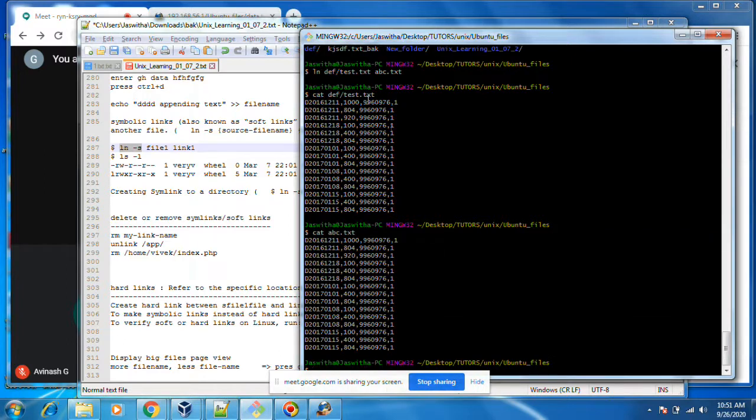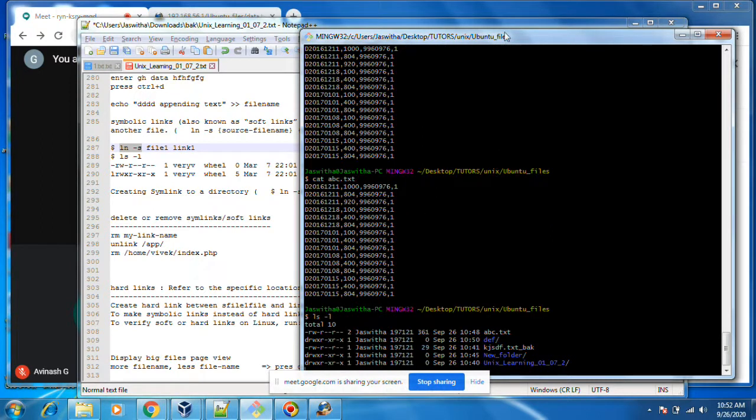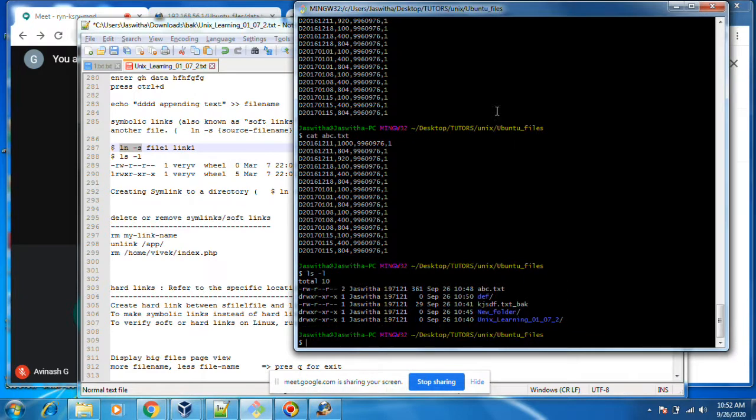This is called linking. If we run this file, automatically it has a link to this file. How can we see whether the link is there? ls -l. If you do ls -l,